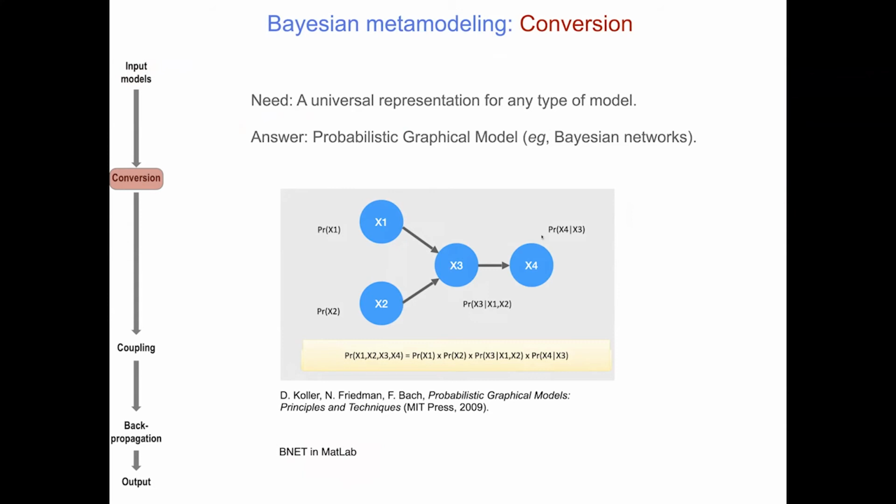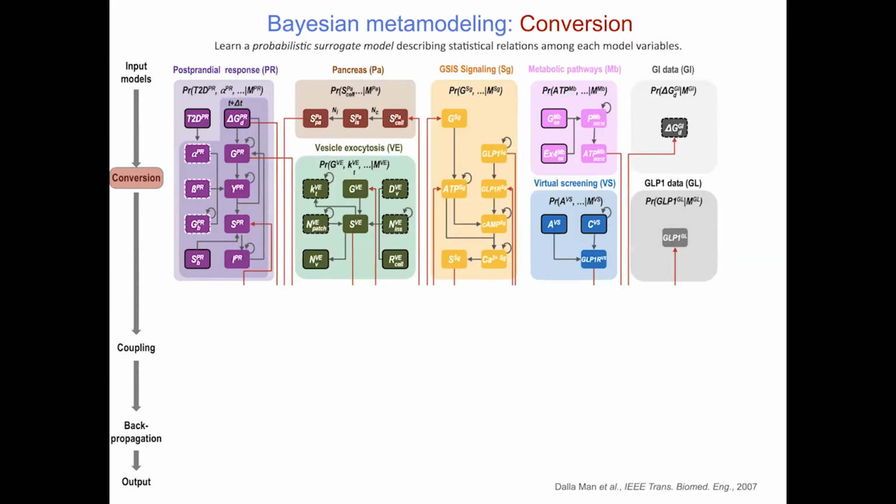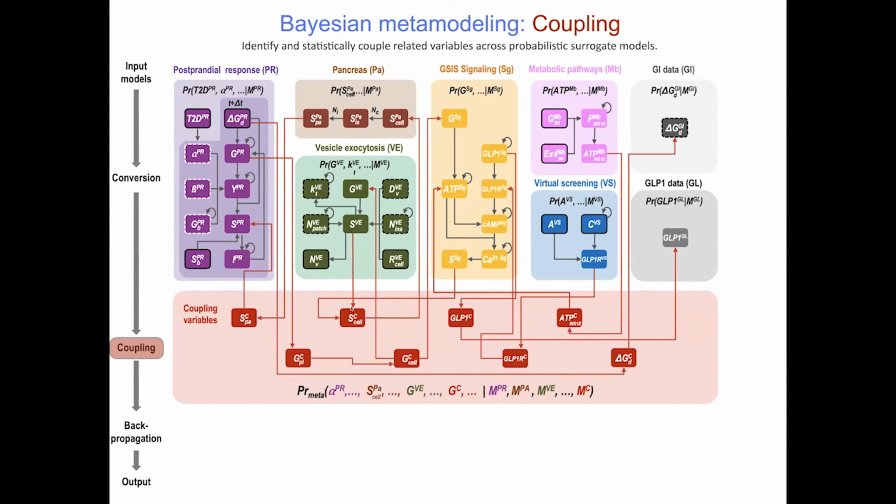You can visualize them with directed networks like this one here, but it's a language that you can use across any kind of model to encode that model. And once that is done, and specifically for these 8 input models, the probabilistic graphical models that we derived are shown on this slide, then we can start defining